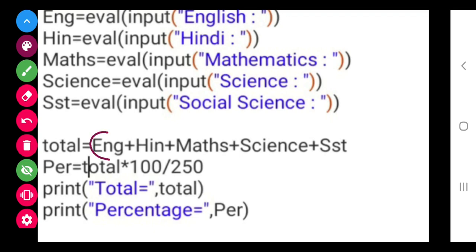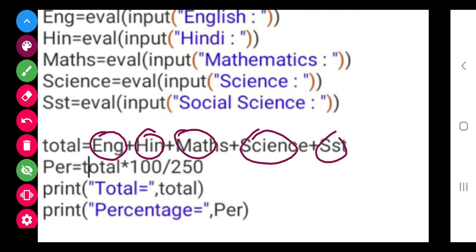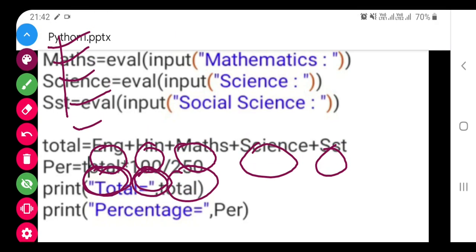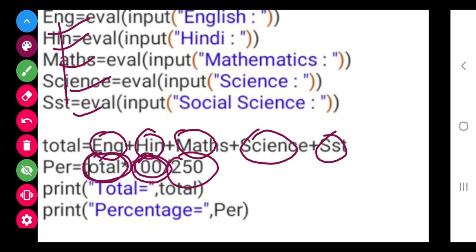Now 5 variables, the sum of these 5 variables. You can see the same variables I have taken here. Total formula: total multiplied by 100, percentage formula: total multiplied by 100 divided by 250. Why? Because these 5 subject marks should be out of 50.